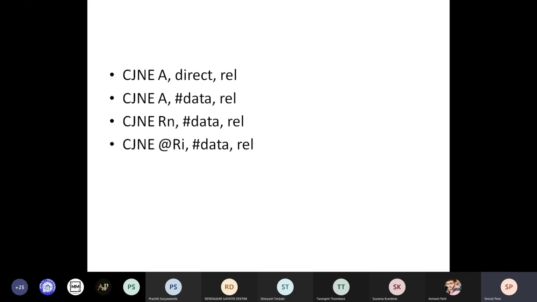Here different options are given. Compare and jump if not equal: A with direct address, A with immediate data, then Rn with immediate data and indirect address with immediate data. So with immediate data, you can compare the accumulator, any register, or any memory location.